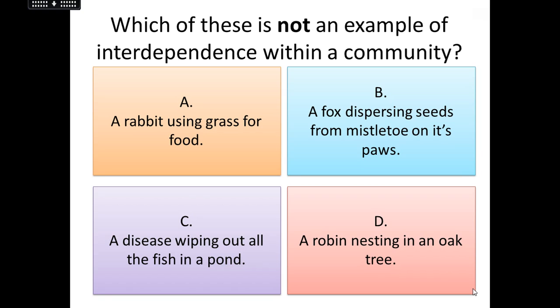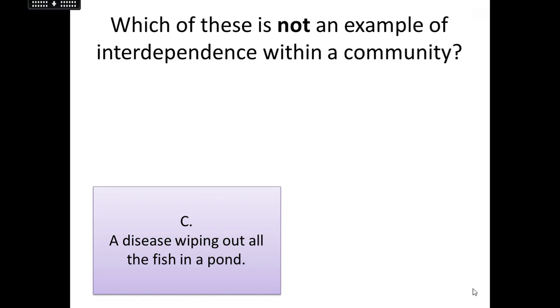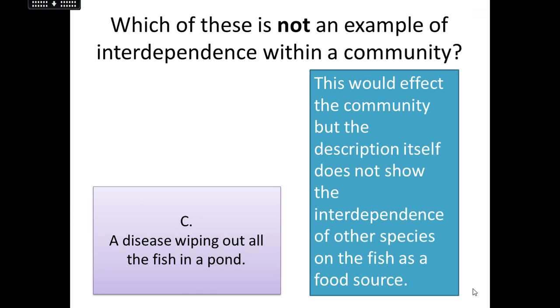So the answer is actually C. It's C because it would affect the community, absolutely, but the description itself isn't indicating interdependence of species on the fish as a food source. So a disease could be a living thing, absolutely, but it's not talking about disease. The fish don't depend on the disease, and the disease doesn't really depend on the fish. So it's not really an interdependence. It's kind of just an effect that could cause a massive issue within a community. You're kind of looking for two living things that would affect each other, really, if you're looking for examples of